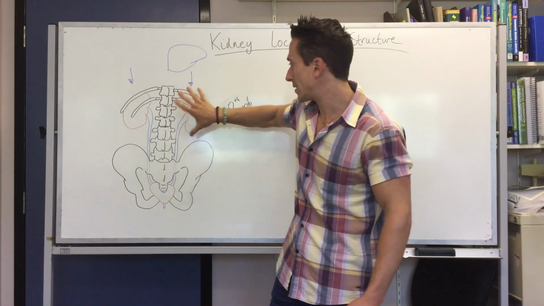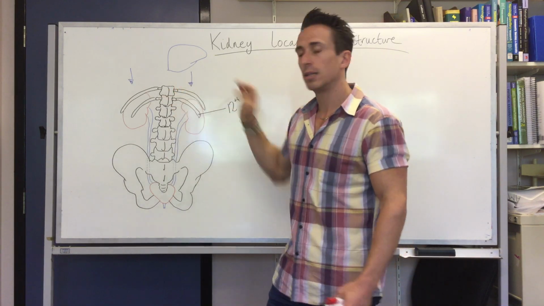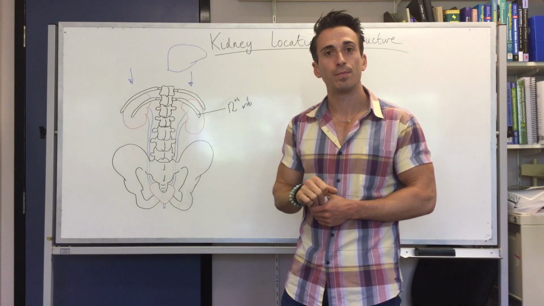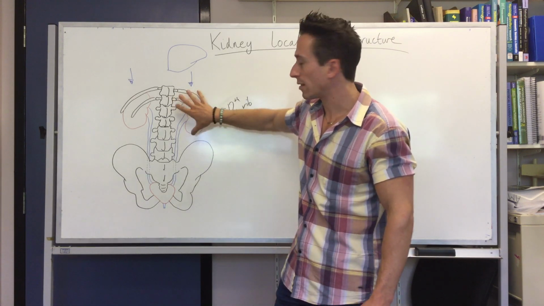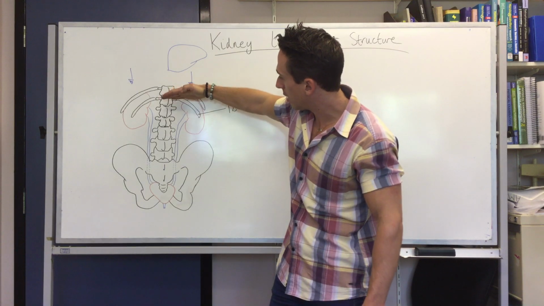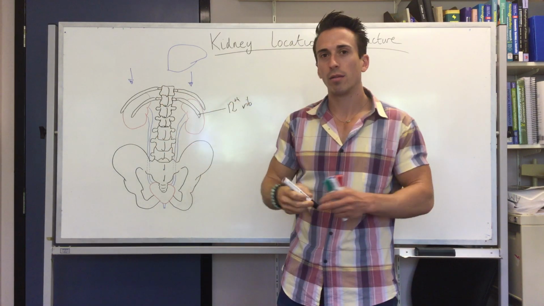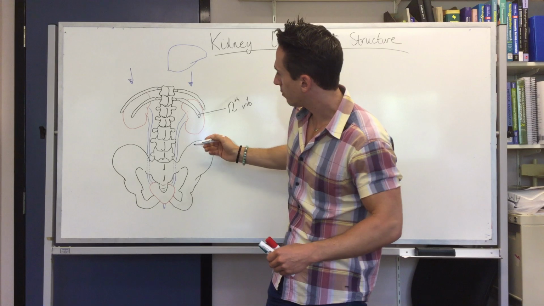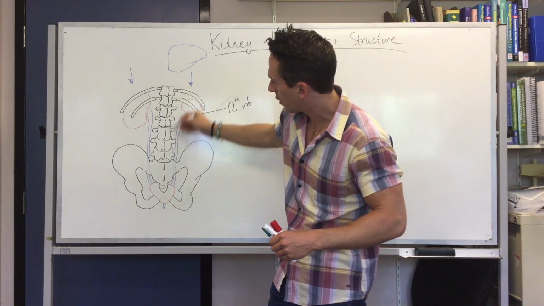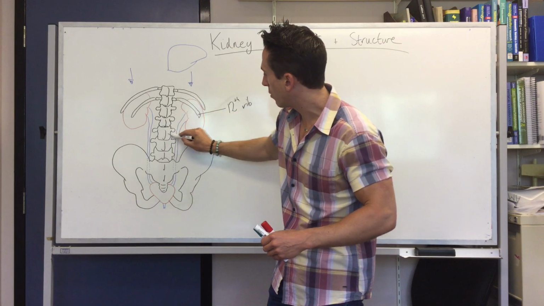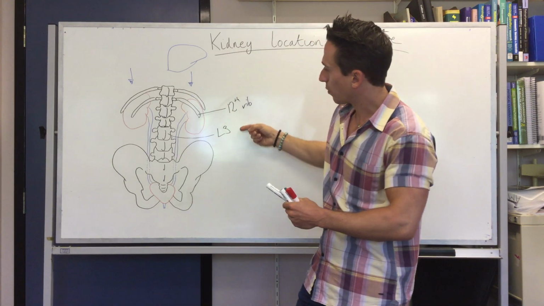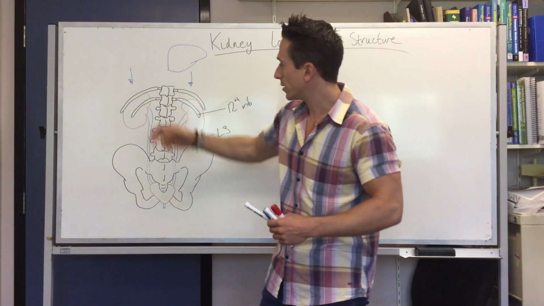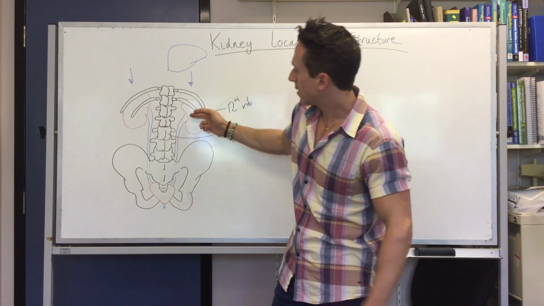Now, without this fat that's anchoring the kidneys, these kidneys can start floating around. Okay, so the kidneys sit behind the 12th rib, at the level of the 12th rib. You can see here, and it goes down to around the third lumbar vertebra. So 1, 2, 3, 4, 5. So 1, 2, third lumbar vertebra, L3. So between the 12th rib and the 3rd lumbar vertebra is where these kidneys sit, and again attached to the